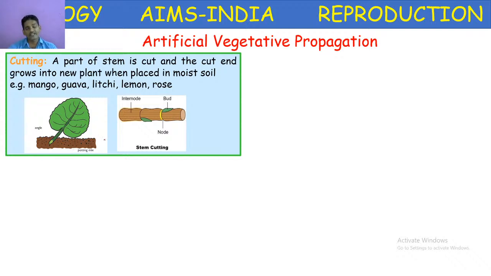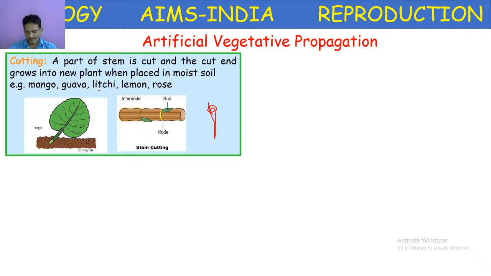If you cut the root, for example carrot or beetroot, if you cut the upper portion of that, then that also grows into a new plant. If you take the carrot, cut this portion and place it in the soil, it develops into a new plant. Mostly ornamental plants and horticultural plants, meaning fruit yielding plants like mango and guava, undergo propagation by means